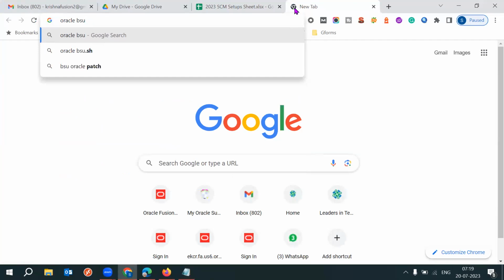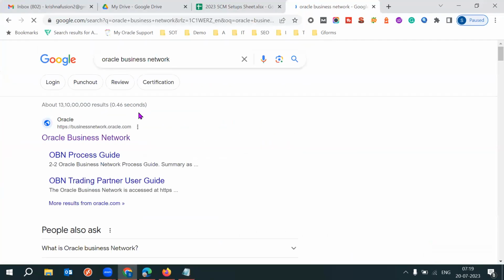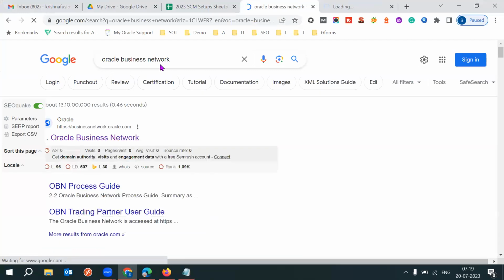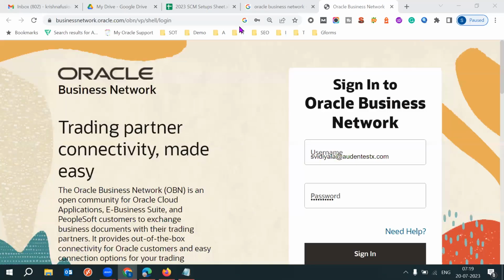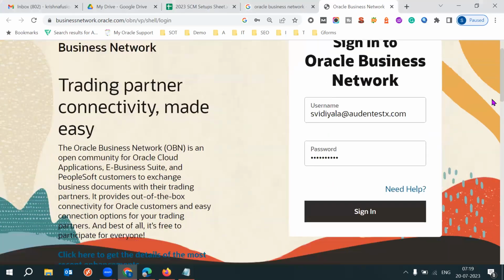Oracle Business Network. This is the platform. In this platform, you have to register and your supplier also should be registered in this platform. It's free of cost. I have access to this platform because I worked on this electronic communication for one of the clients. That's why I have access to this platform. So here, if I get inside,